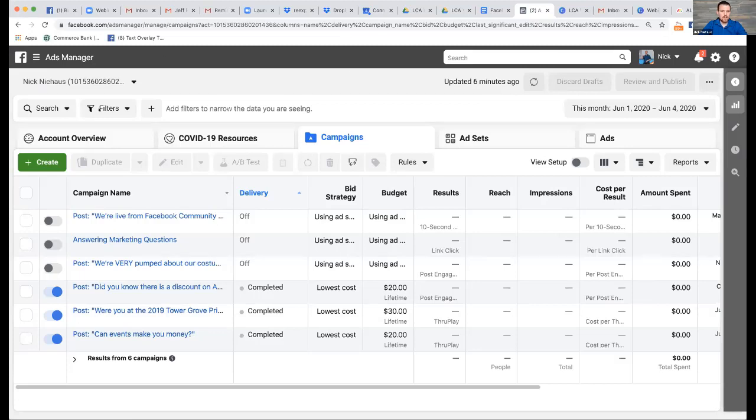All right, so now we're looking at Facebook's Ads Manager. So first of all, how do you get here? All you really got to do is type in facebook.com/adsmanager, which is what you see up here at the top of the screen. Assuming that you have a Facebook business page set up, then you should be able to access this. You can't run ads if you don't have a business page. That is the first step to getting here, okay?